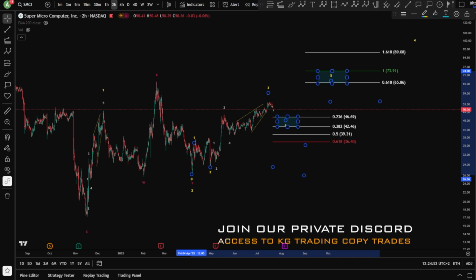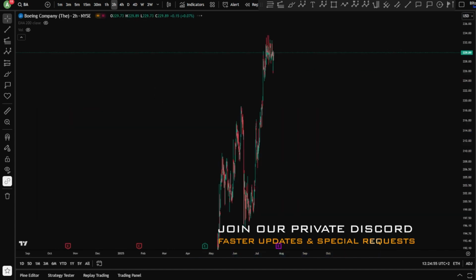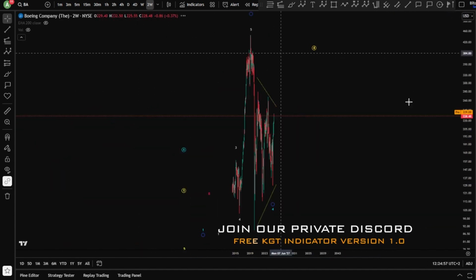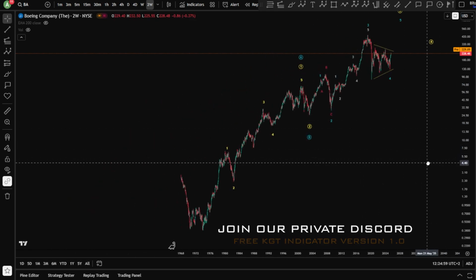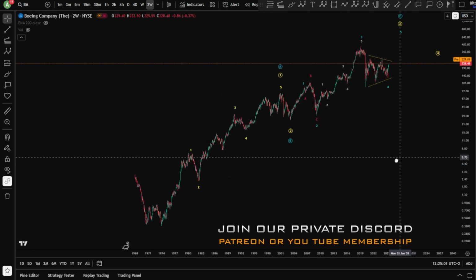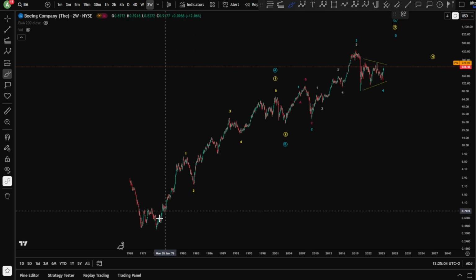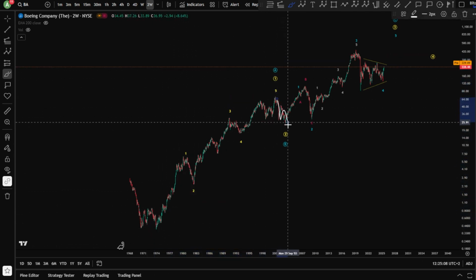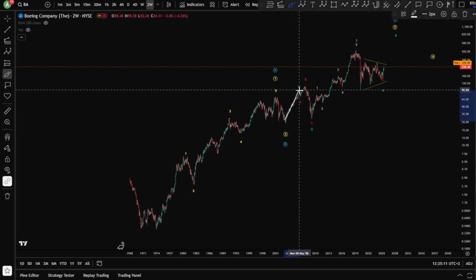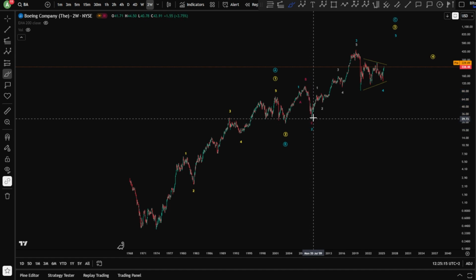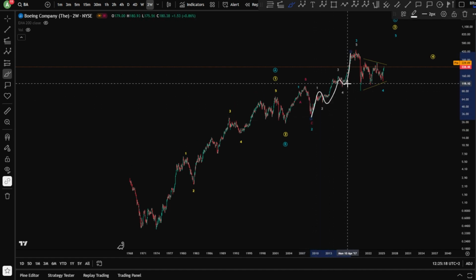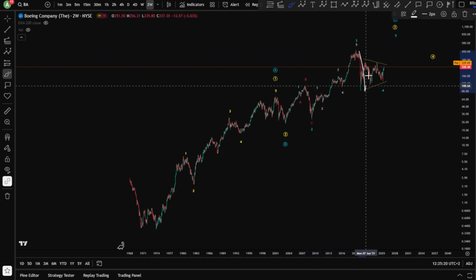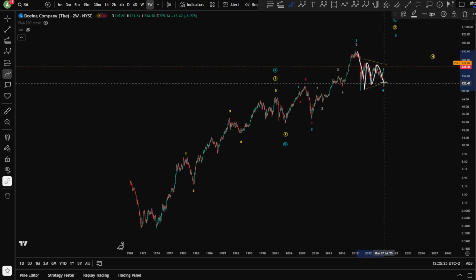All right, so the next one is Boeing. Boeing, of course, is a nice chart as well. I mean, it's a very known company for the aviation, and yeah, so we have, of course, 1, 2, 3, 4, 5 here, wave 1 or wave A, wave B or wave 2 given after it, and you seek here after a wave 1. A, B, and a C very expanding flat, and then, of course, moving continuously toward the upside wave 3. The wave 4 obviously is a triangle here, A, B, C, D, and a E, finished potentially